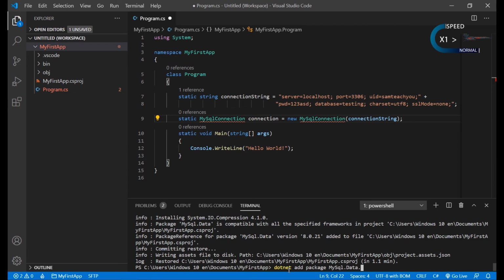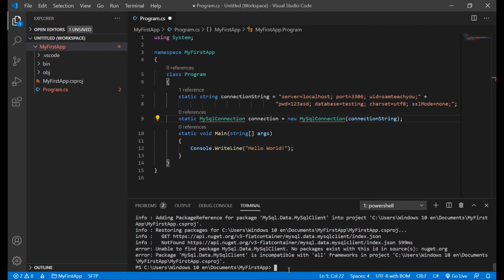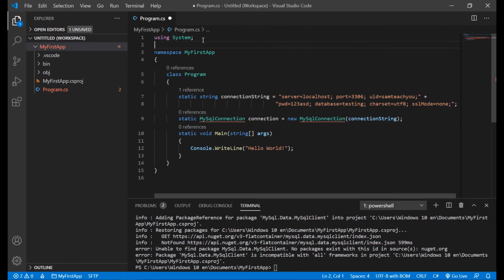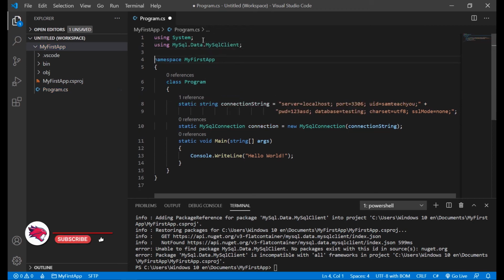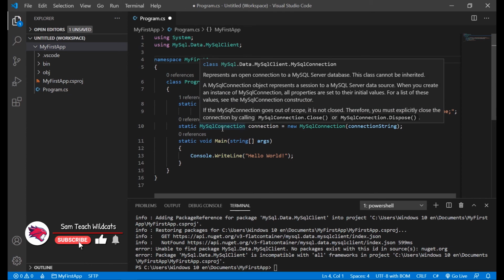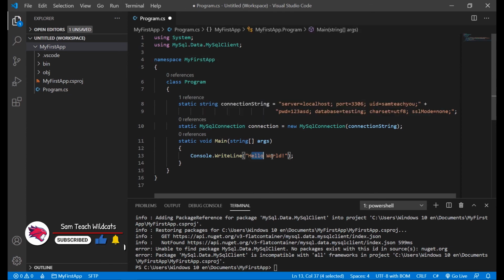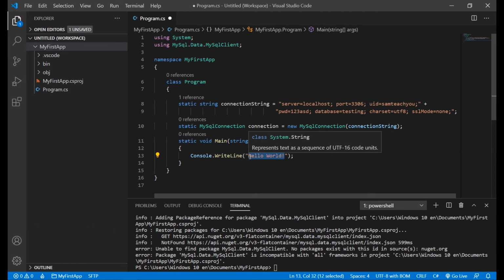And finally, we include MySql client. When you finish adding these packages, you only use the MySql.Data.MySql client, and that fixes the error in this instruction. Next, I'm going to change the message a little bit,